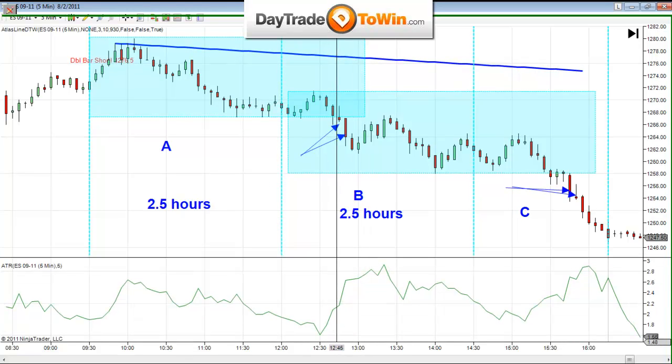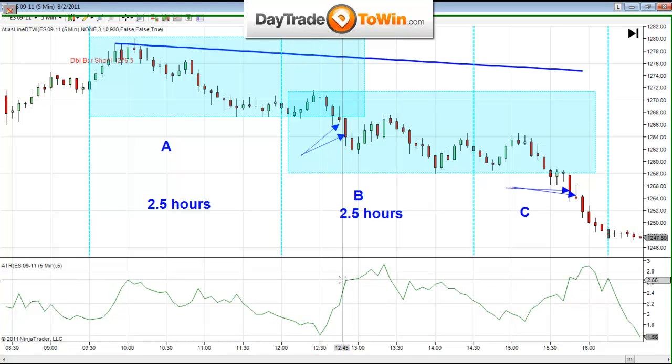The question is, how do you know where to exit properly? Look at the ATR, and you see where it is. When you enter the trade, it's at 2.66, which is 2.5 points. That's the exact profit target, and then trail a stop after that. 2.5 points based on the ATR, the average true range. I use more specific entries, stops, and trade management than most other traders, because I want to know exactly what I'm up against and what I'm doing.